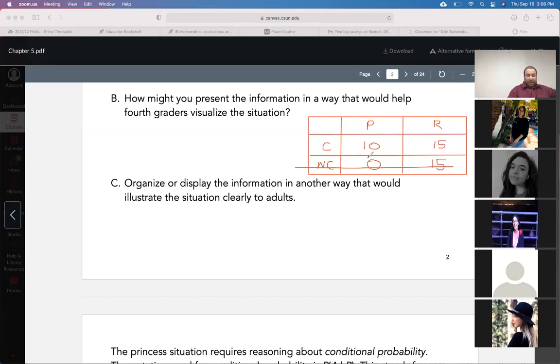Yes. Okay. This is the concept of conditional probability, where you're asking for how likely it is something occurred, given